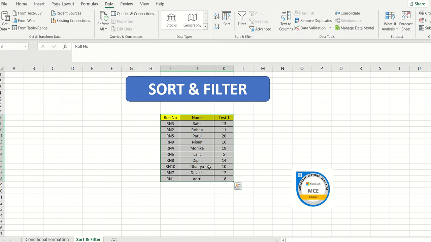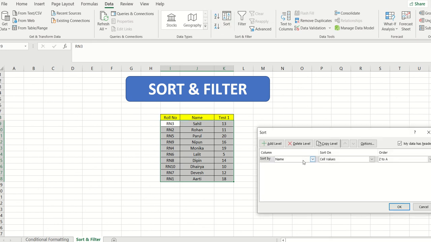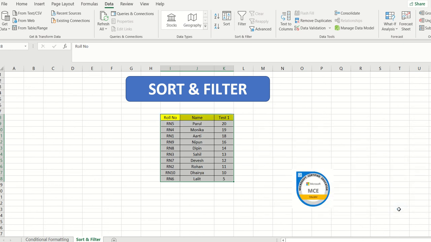Now you can see that the names have been shuffled, the roll numbers have been shuffled. Okay, so this is custom sorting, people, actually, in which as per the lowest and the highest value, the data subset has been arranged. Okay, and the data is there in front of you. So accordingly you people can select multiple things over here. It could be the name, it could be the test also. Largest to smallest, I can give it with the help of the largest. I want my descending order in the form of the test scores which people have achieved altogether also.